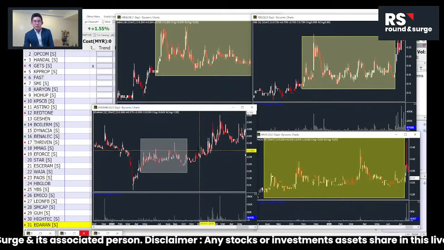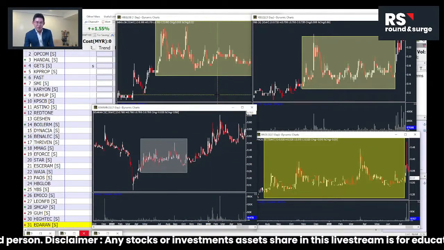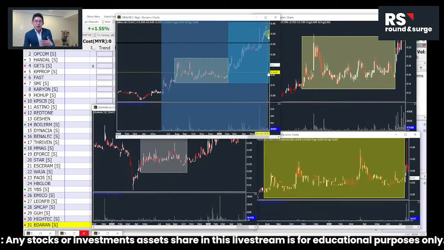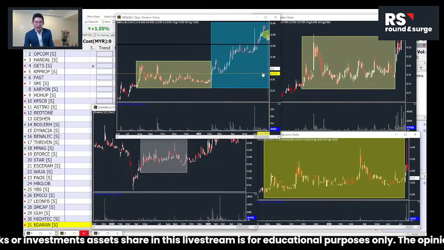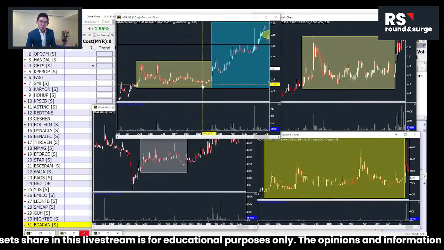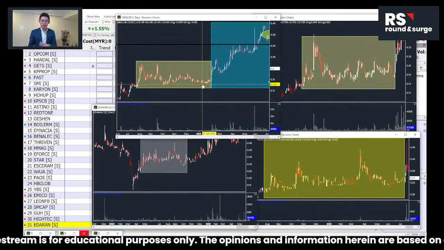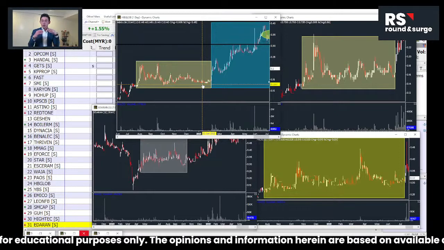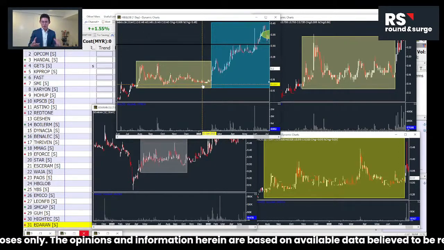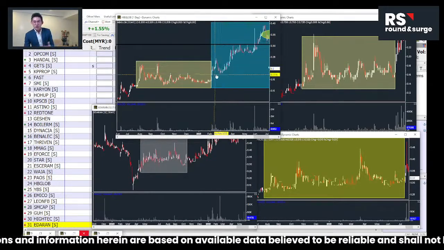We enter later, somewhere around here, when it shows the housewarming. We call it the housewarming signal. Accumulation is where they are moving house, moving the shares around. So we don't go and disturb our friend when they are moving house. We visit them when they have a housewarming. So when do we know that they have a housewarming? It is shown here.